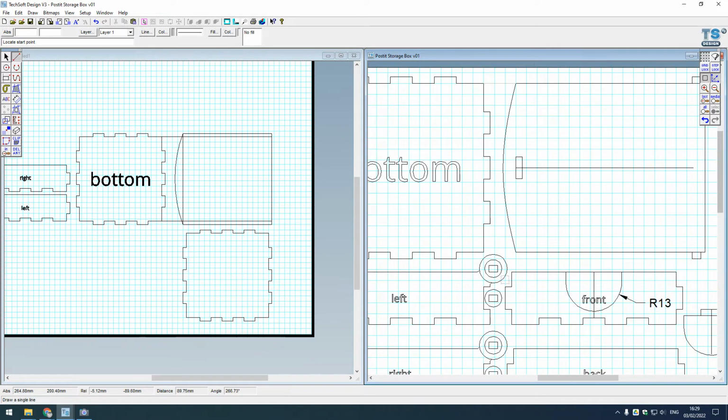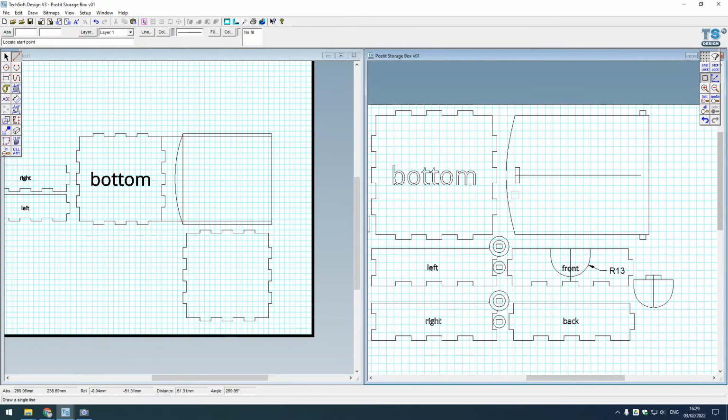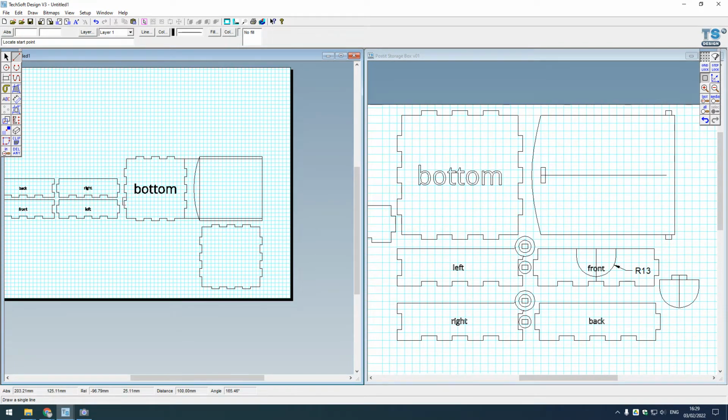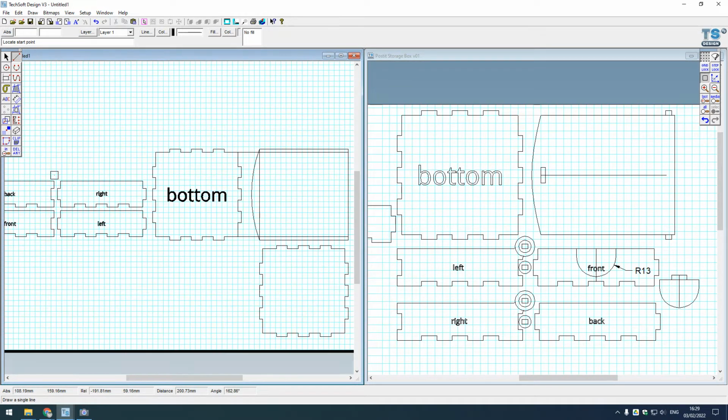So in that particular case, yes, what I'm going to have to do here, let's come back to this drawing here. Let's zoom out on this one a bit more so you can see what's going on. And let's come back to this box here. Okay, so we are going to have a look at the hinge system. So what I'm going to do right now is focus on this right component here. Let's zoom in on this. I'm going to grab this lid. I'm going to copy it, attach tool off, grid lock on,